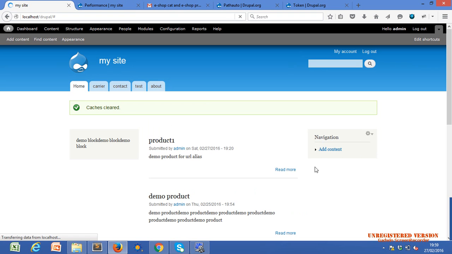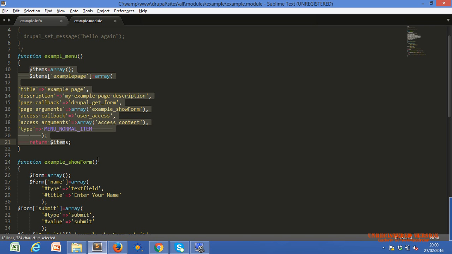No, our module name is not there. Nazar, can you see? Why? Because this function is not executed. So there is no title name in the normal menu items. For executing this function, we have to use the same module name here: module name underscore menu. So the hook functionality will work for that function, which means this function will be called automatically and it will appear within the menu section.